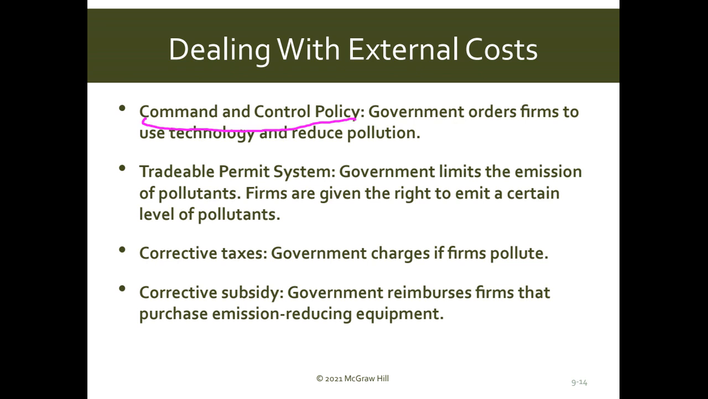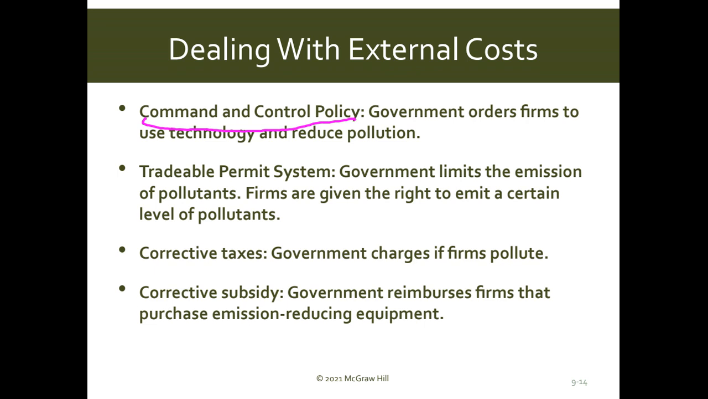The distribution of the burden will depend on the elasticities of demand and supply. Similarly, corrective subsidies: government reimburses firms that purchase emission reducing equipment. So government is giving an incentive, right? So that you can reduce the external cost by